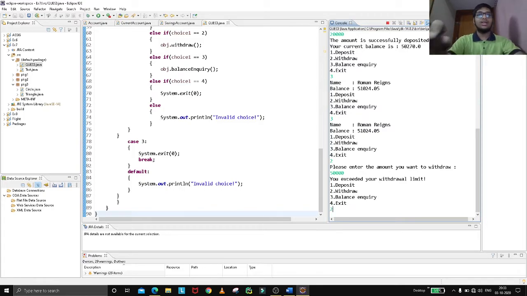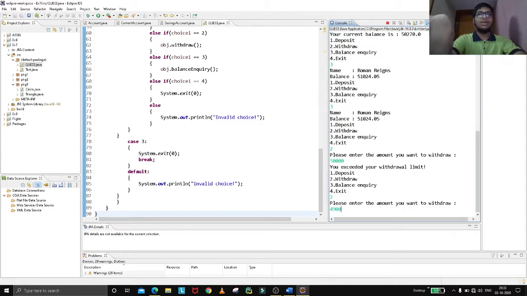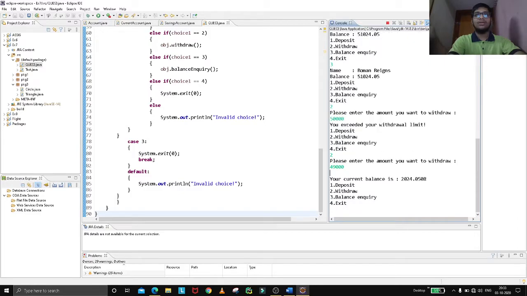So basically I'm going with 49,000. Now you can see my 49,000 is debited, your current balance is 2,024 rupees.